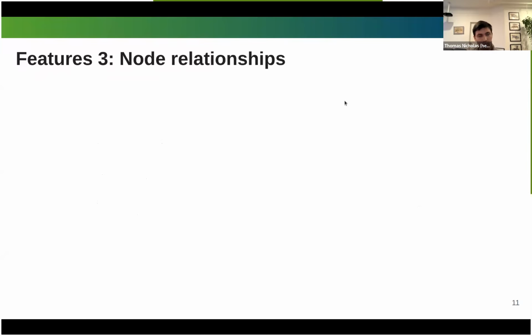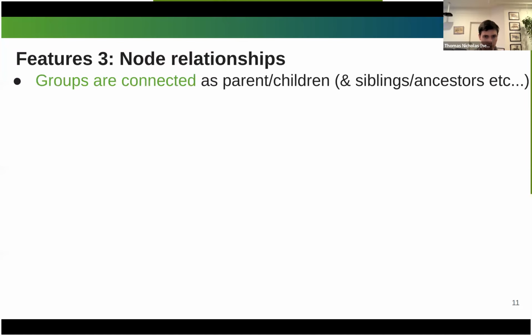The tree provides relationships. It's built of relationships between the nodes, and there are lots of convenience functions to make it easier for you to see how the nodes are related to each other, and iterate over them. So the different groups are connected as a parent-children model. Each node has one parent, or if it's the root node of the tree, it has no parent, but each node can have arbitrarily many children,